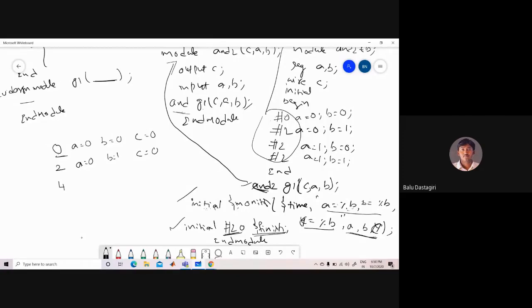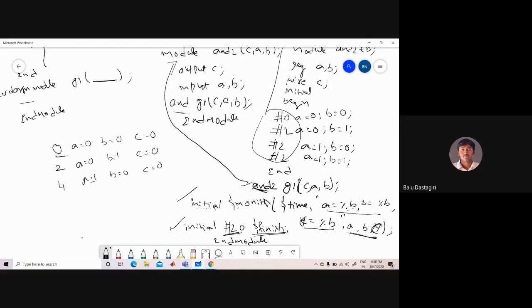Whenever the cursor comes again here, the values of A and B will be given at 2 plus 2, at 4 units of time. At 4 units of time, the value of A is equal to 1 and B is equal to 0 will be specified, and the C value becomes 0.